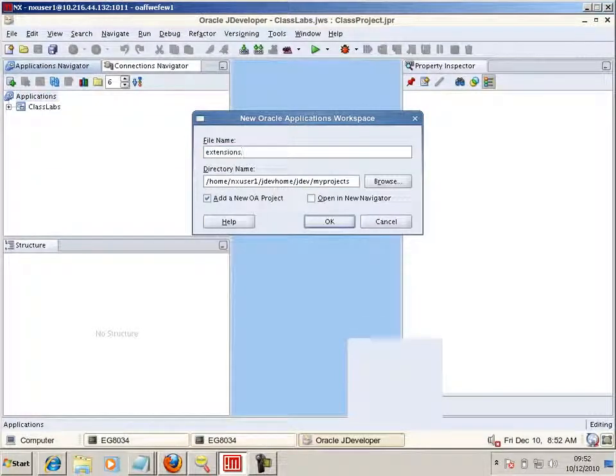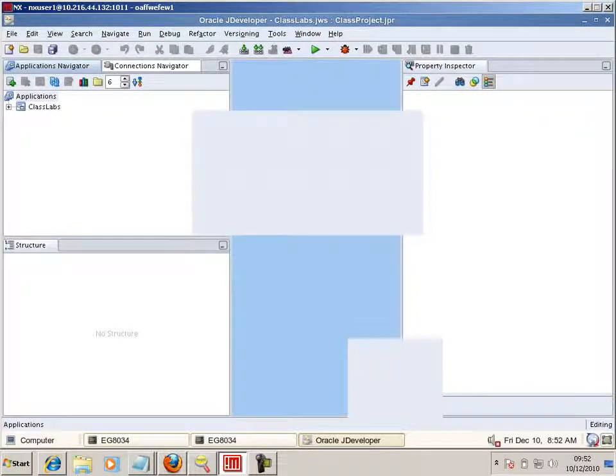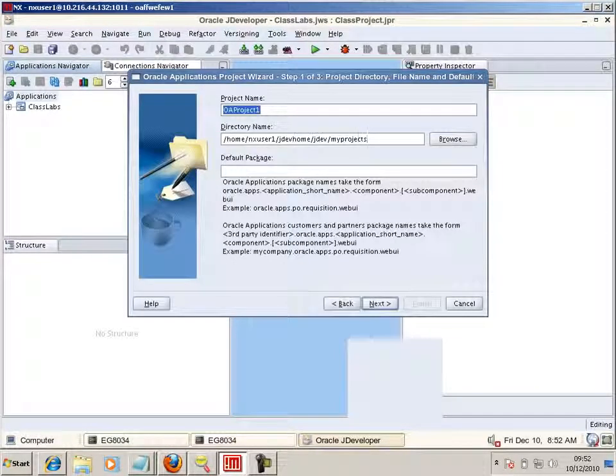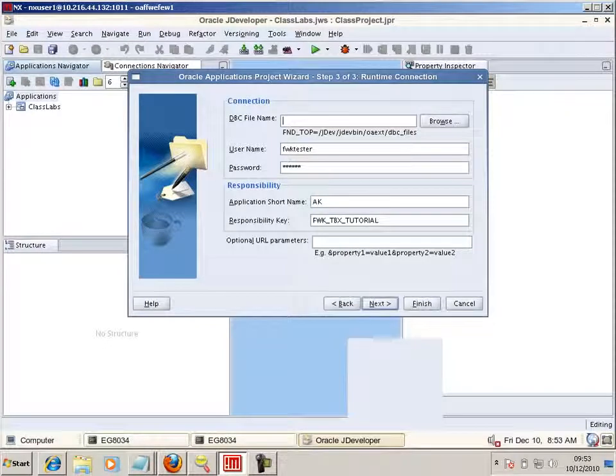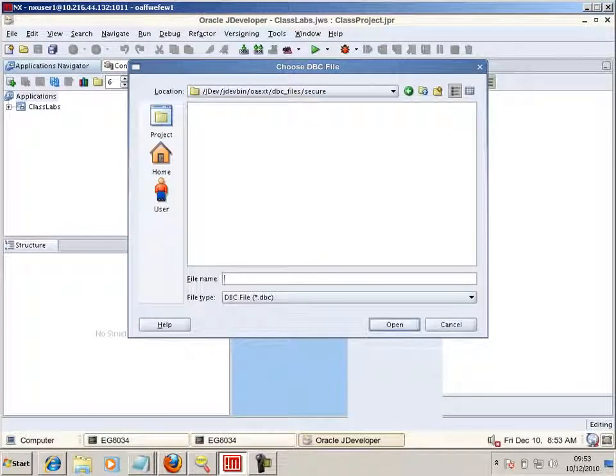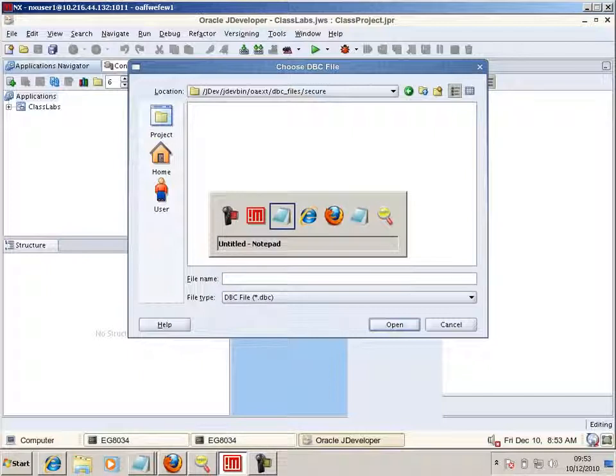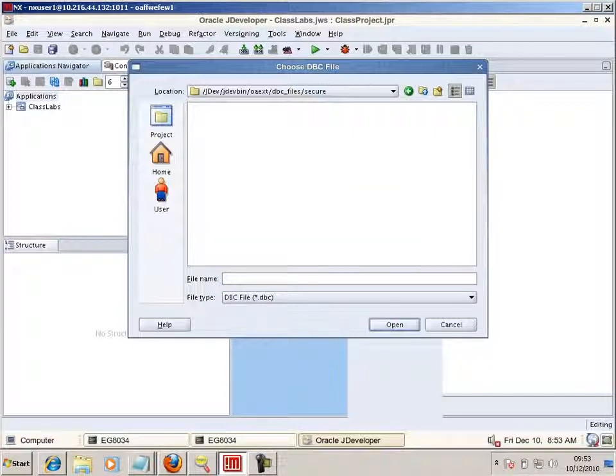Extensions, I will call it XX extensions, and I'll call my first project iProc extensions. Default package I can give oracle.apps.icx. I'll give it XXFAO. So I'm just creating a workspace and a project. My DBC file is going to be from JDev user home. So my DBC file is